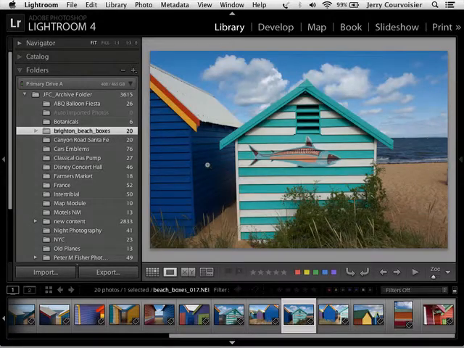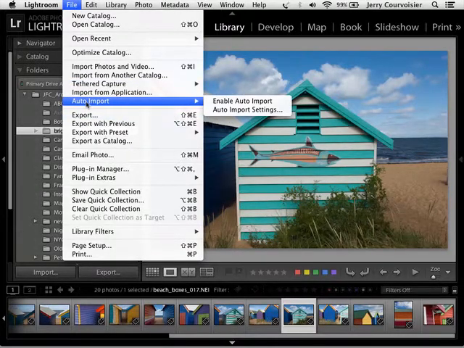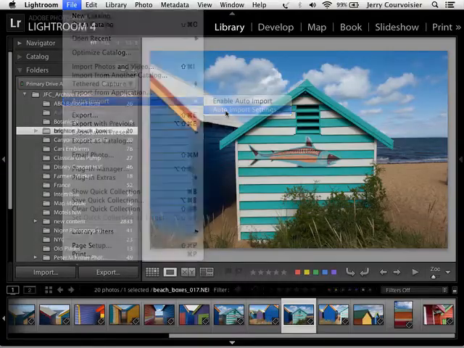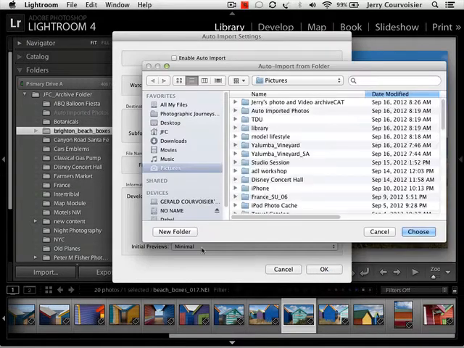Lightroom has a great import feature called Auto Import. You'll find it under the File menu called Auto Import, and today we'll set up the Auto Import settings. Okay, so Lightroom looks for a watched folder for the download photos here, and I'm going to choose a folder